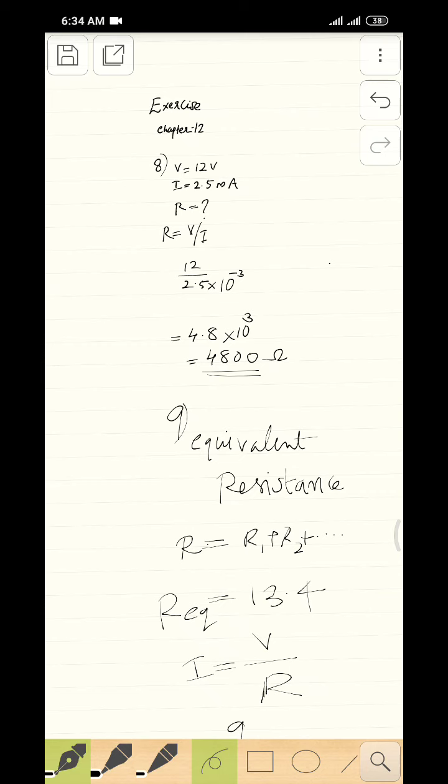The descriptive level questions we will discuss today. So I'll just give the directions how to do such problems,